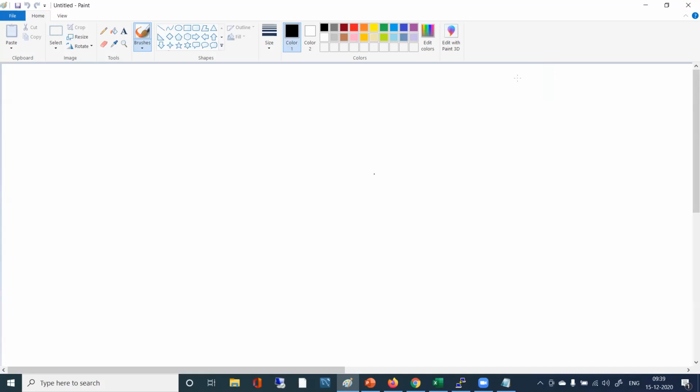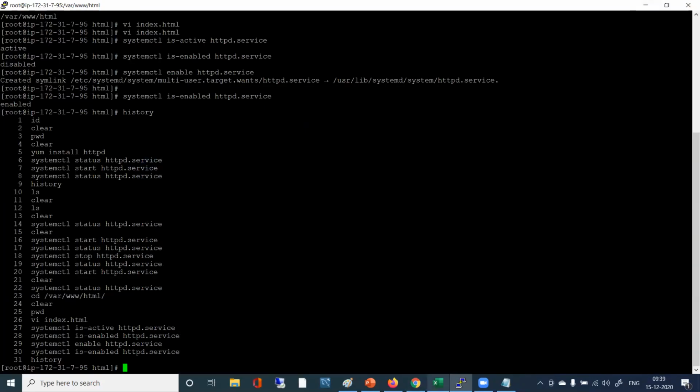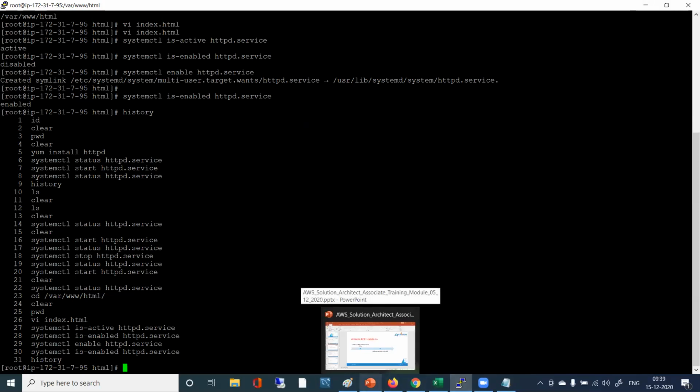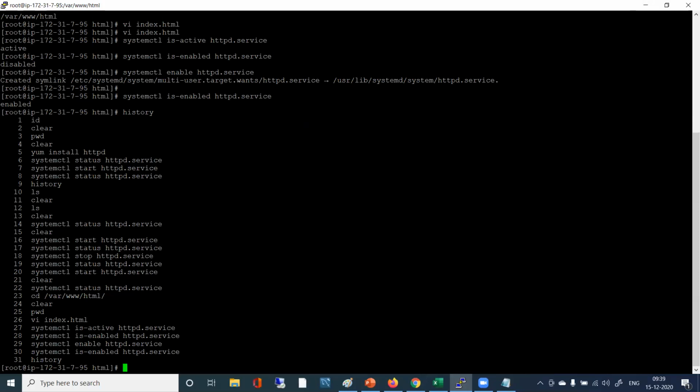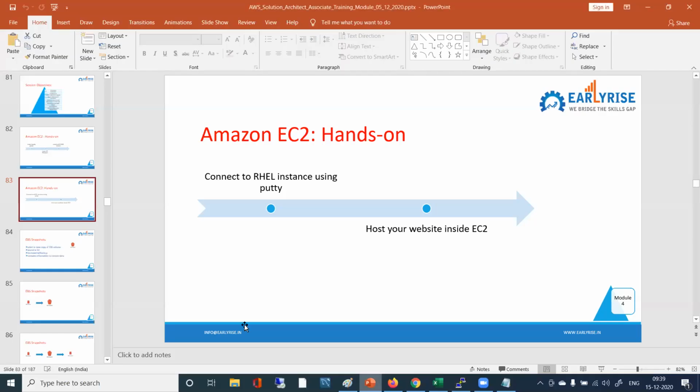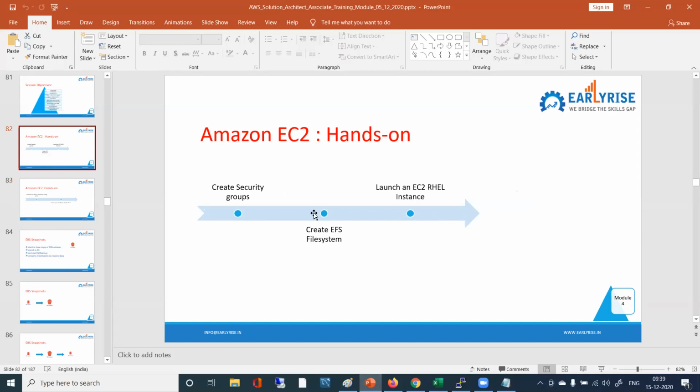EFS we have not yet done actually. So let's do that. But EFS, I think we have attached to that Red Hat Linux security group, right? Yesterday. Correct. So that we need to see. Website part is done, so we will see that EFS thing. Create EFS. Launch EC2 RHEL instance.